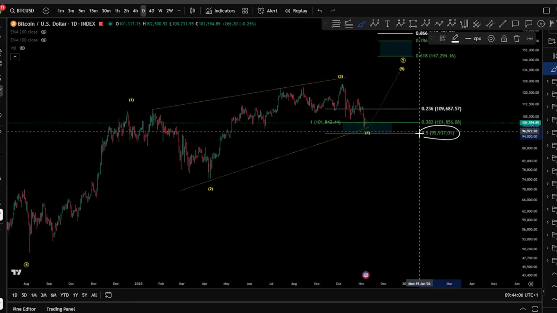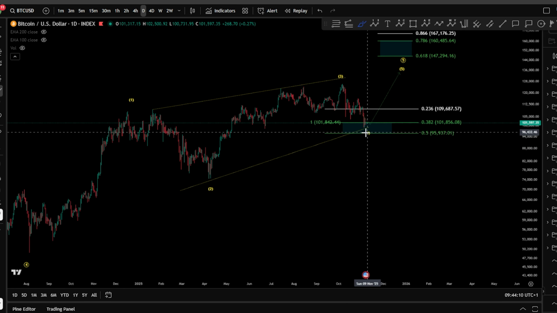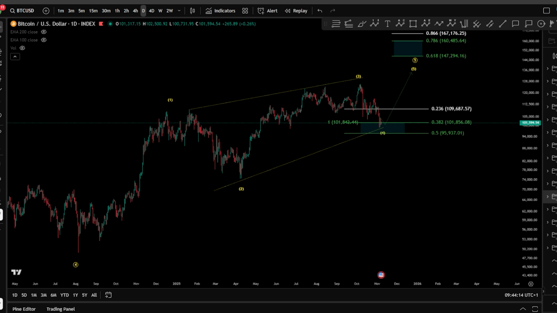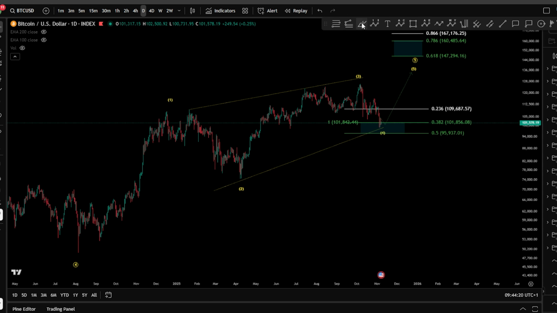So this possibility is still there so far. Breaking the 95K, 900 or 96K, that means, of course, the things start to be very, very far from being bullish. Now, the second bullish scenario is, of course, a stronger bullish scenario, and that is after breaking this level,